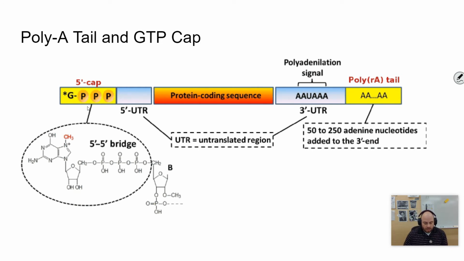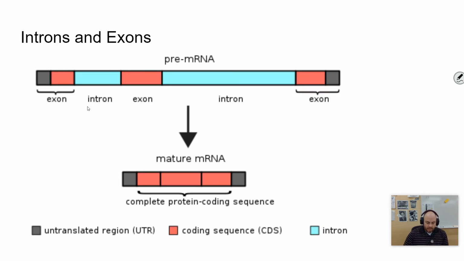Not only does it protect, but it also helps the ribosome attach to the messenger RNA. It's kind of like a point for them to connect. That GTP cap signals the ribosome to come and start translating this particular section of messenger RNA, and gives it a place to attach and get started. So that is 2 modifications, and the third modification is basically going to involve these 2 things called introns and